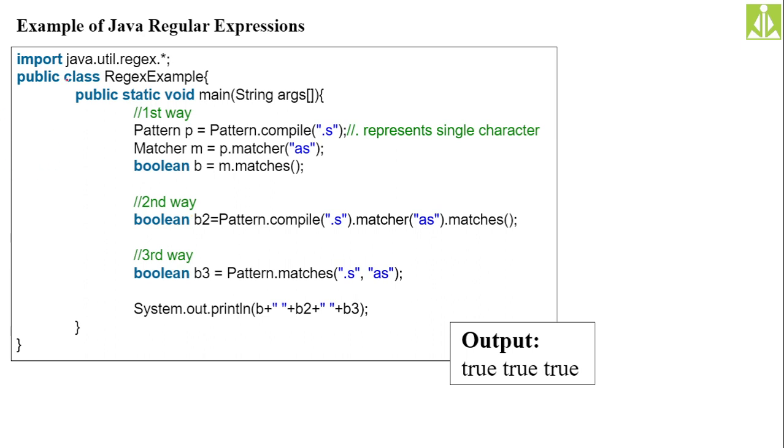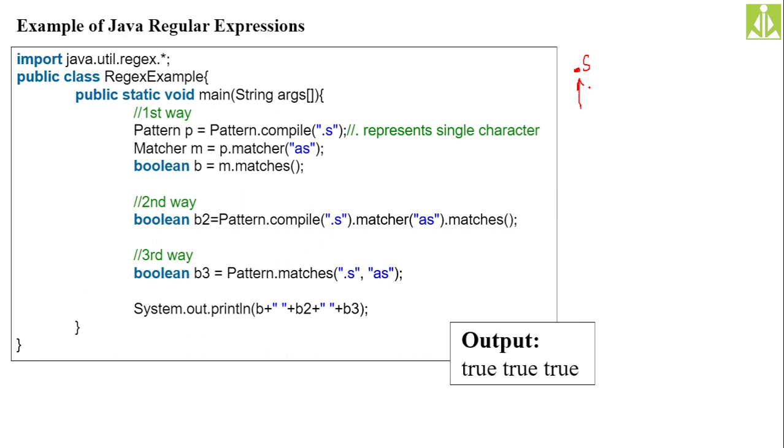You have to observe this one. This dot represents that in place of dot any character may come. If you give the pattern like this, dot s, that means only one character is allowed, whatever character you put over here. That will satisfy this string, and it should be 2 characters wide only. The first character can be anything, and the second character must be s only. So all such strings will satisfy this pattern.